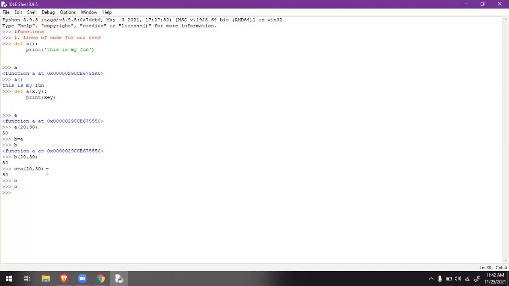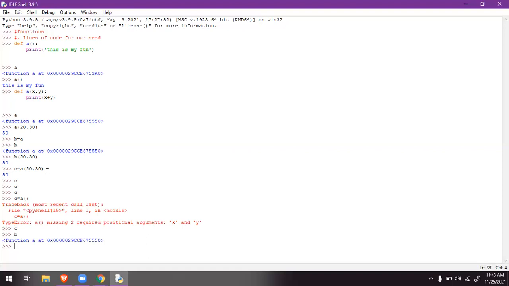But we are not getting c now. There is a mistake, I think. c equals a, empty. It gives the error. c enter, it is not executing. b enter, it is a function. b 20 comma 30 enter. c equals a temporary value.